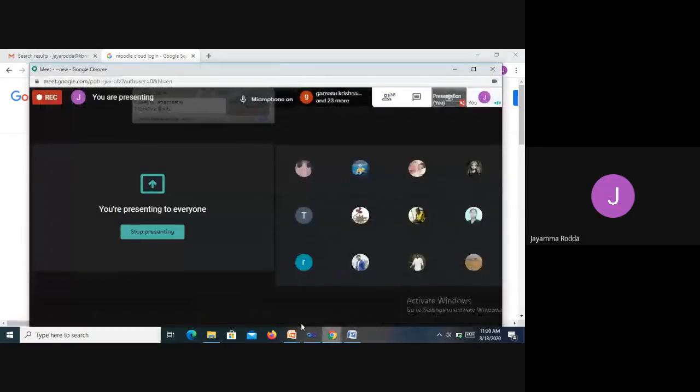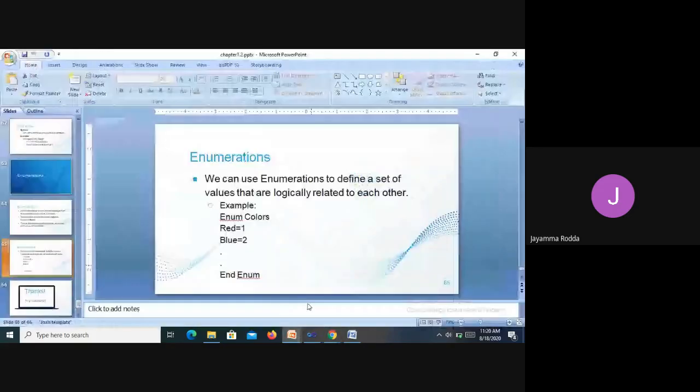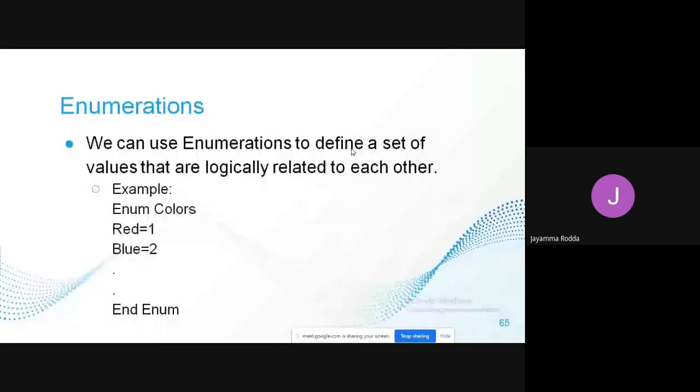Okay, let us get back to the class again. We have been discussing this, right? This is the keyword that we use for enumerations, Enum, and it starts with Enum and ends with End Enum. Here you use Enum and the variable name that you want to store.